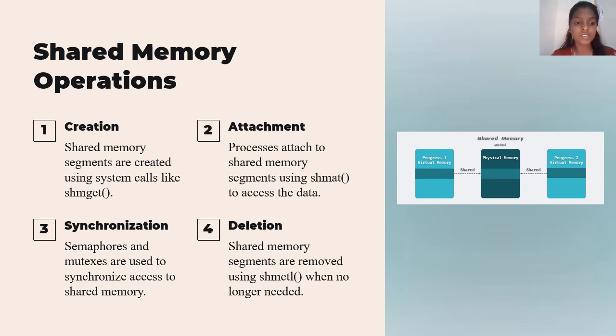And the next is synchronization. Semaphores and mutexes are used to synchronize access to the shared memory. And the last one is deletion. Shared memory segments are removed using shmctl when no longer needed. Here we can see the picture of shared memory. Here is process one and here is process two, which contain virtual memory. It is shared to the physical memory through this. So this is a diagrammatic representation of shared memory operations, which contains four operations: creation, attachment, synchronization,